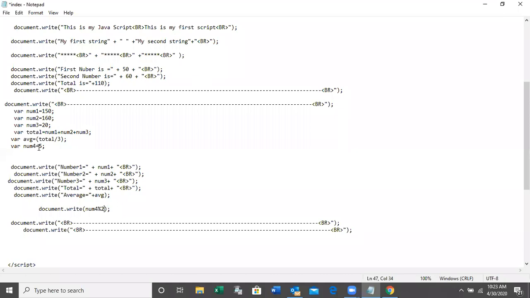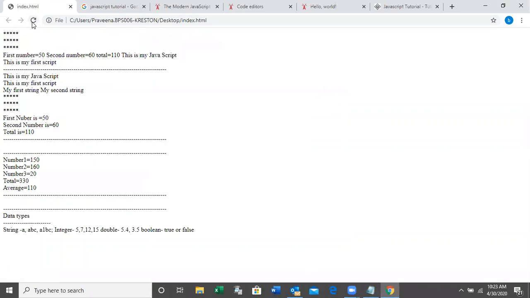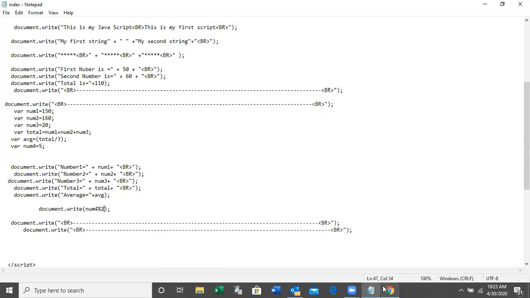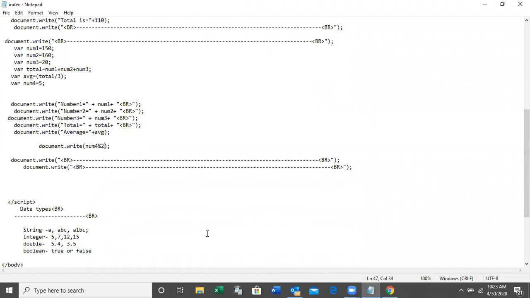Num4 is what? 5. 5 modulus 2 is equal to what? 1. See, the output is 1. 5 modulus 2, output is 1.